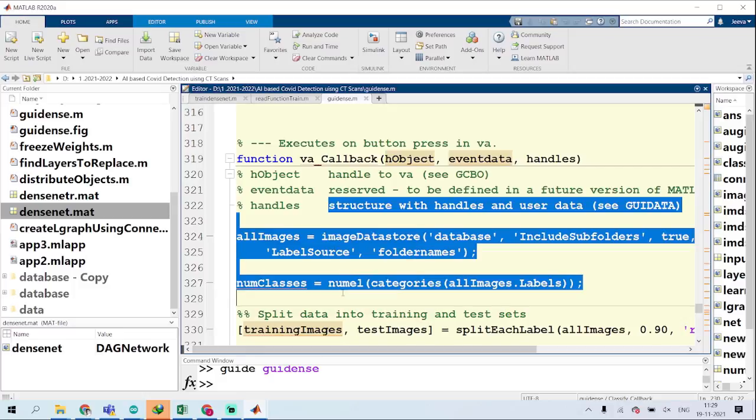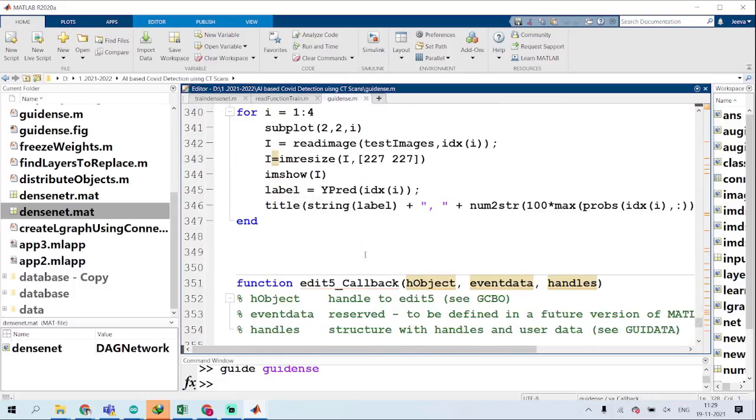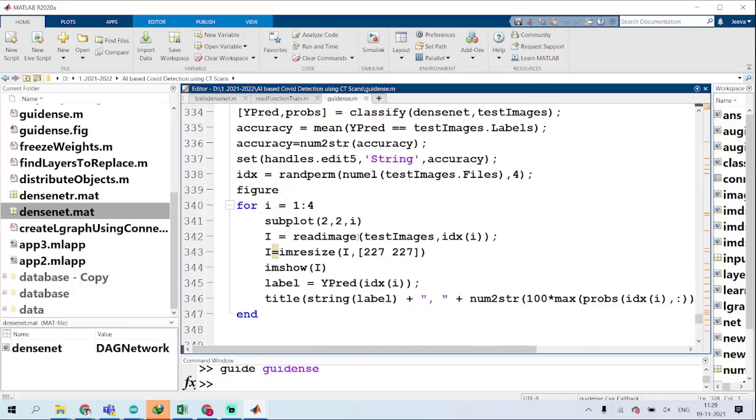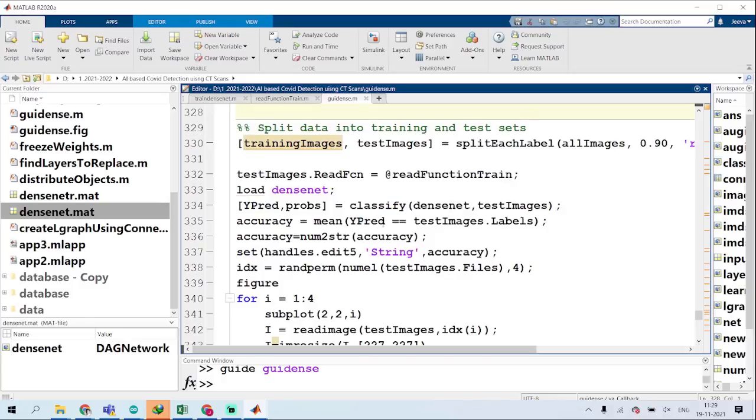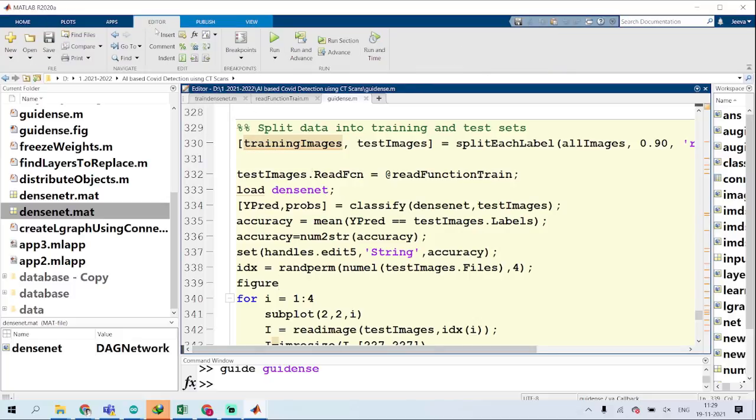This is for validation accuracy, for testing and displaying the accuracy. I go to the editor and run the program.